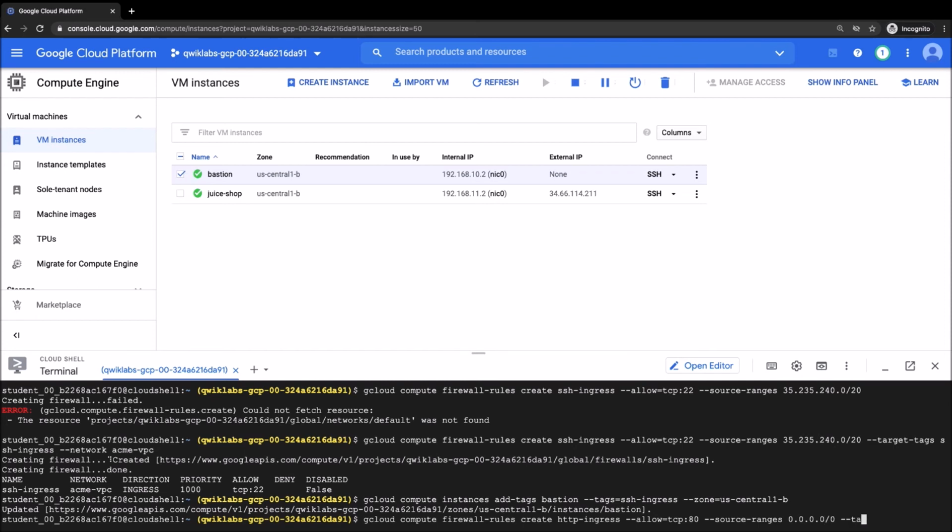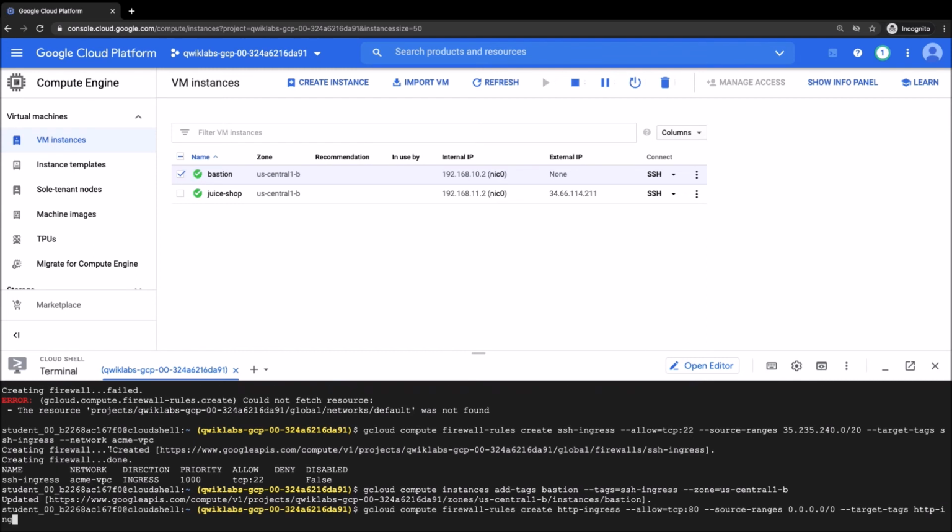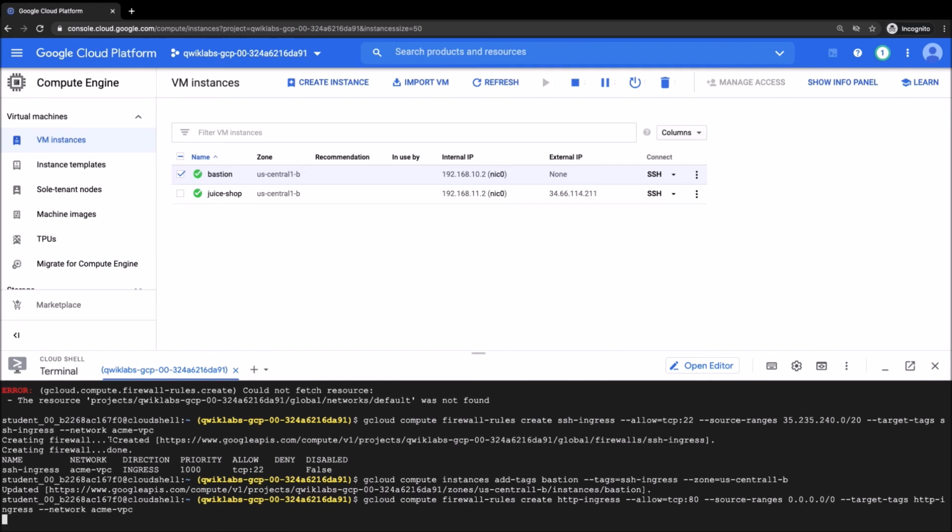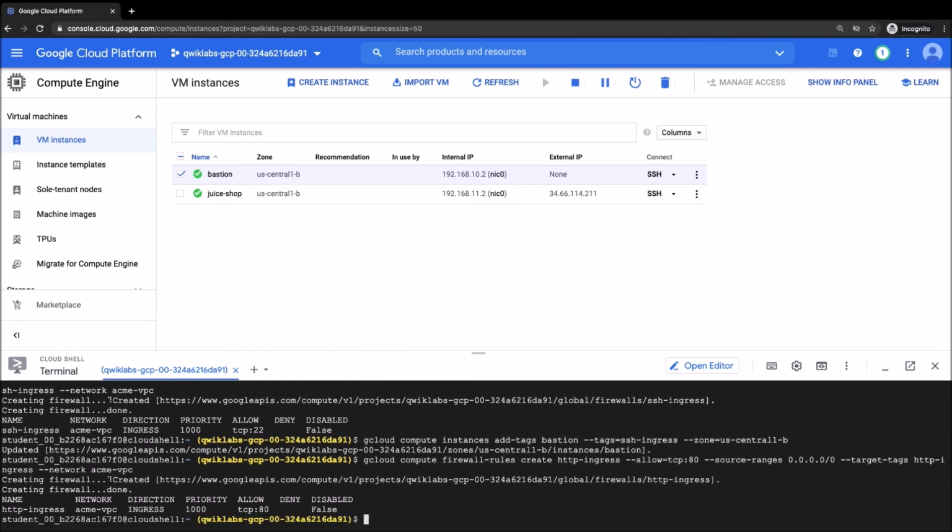Now you have to give the target tags. So target tags will be HTTP ingress, and network as Acme VPC. Let's run this. You can see this is created now,